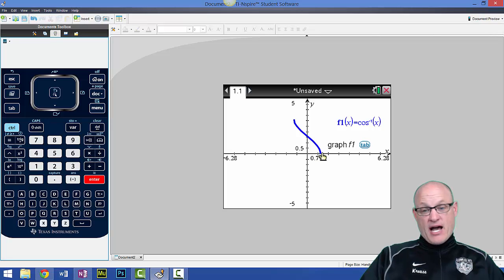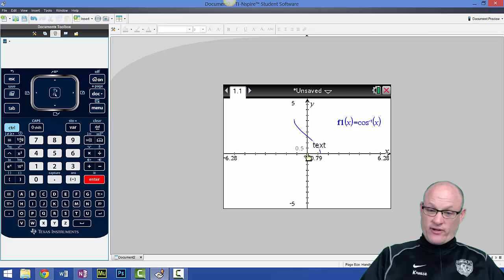And it was pi over 2, 0, and so now the pi over 2 is up here. And so the one thing you're going to notice about the cosine inverse is that the point where it crosses the y-axis is up here. Not at the origin,